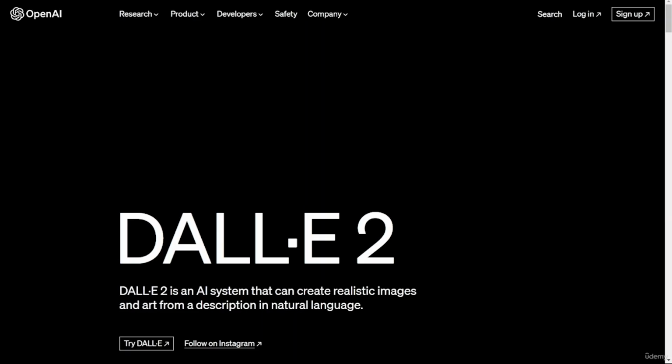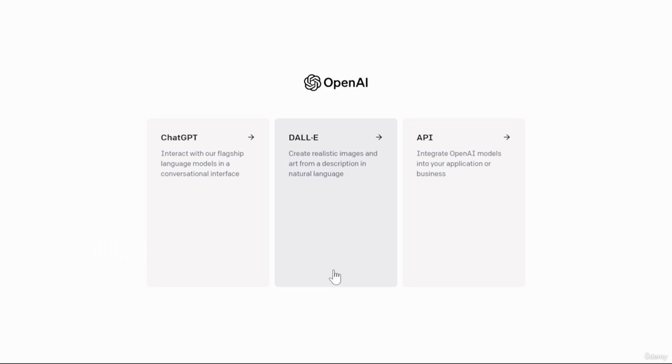DALL-E is not just an image generator, it also offers enhancement and editing features. Let's go through how DALL-E can help us remove the coffee with a few simple steps. Start by logging into DALL-E. If you haven't made an account yet, it's easy to set one up. You may also know the other tool called ChatGPT from OpenAI, but we are now interested in DALL-E, so let's